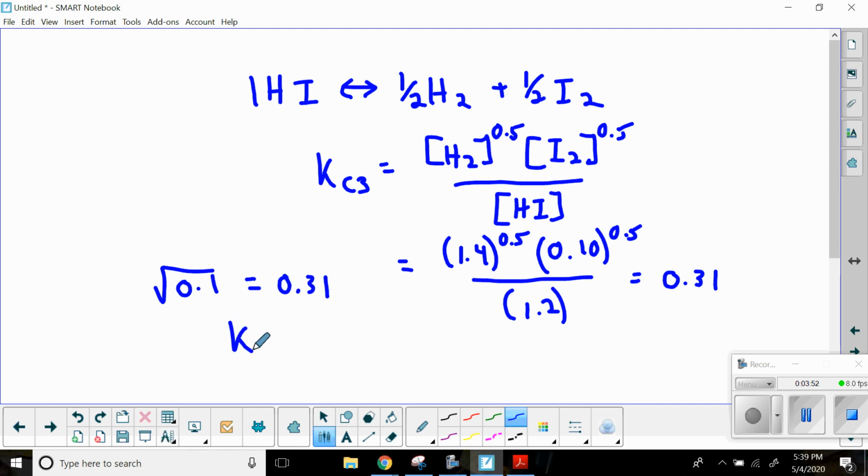So to get my third equilibrium constant, when I halve the concentrations, all I have to do is take the square root of Kc2 in this case, which was 0.1. So that table will do a really good job of showing you a shortcut of what to do when you have different things that happen to chemical reactions. The last one we will get into when we start talking more about energetics. Hopefully this